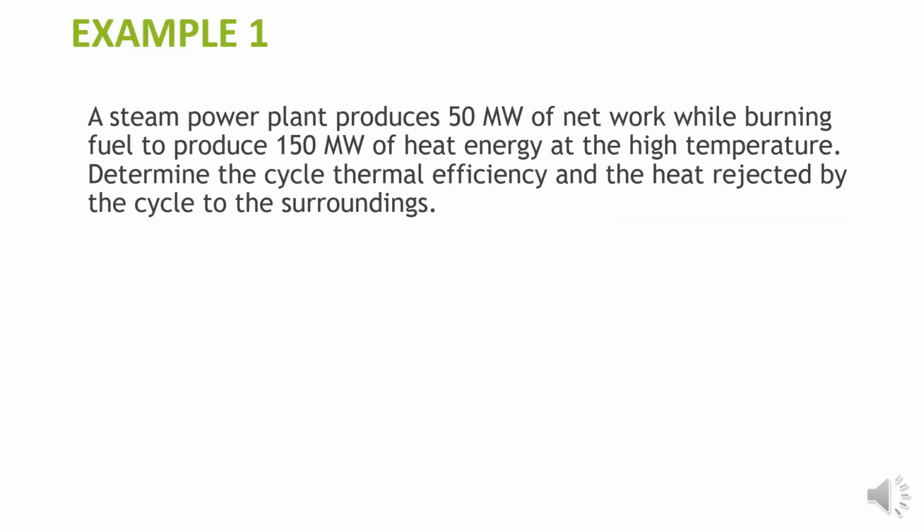Okay, please see an example problem. A steam power plant produces about 50 megawatts while burning fuel to produce 150 megawatts of heat energy at high temperature. Determine the cycle thermal efficiency and the heat rejected in the cycle. So this power plant produces 50 megawatts of net work. So the work net is 50 megawatts,